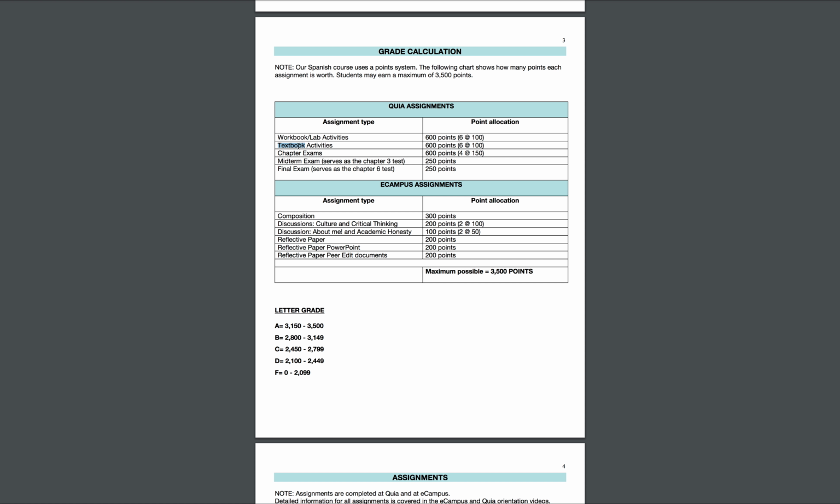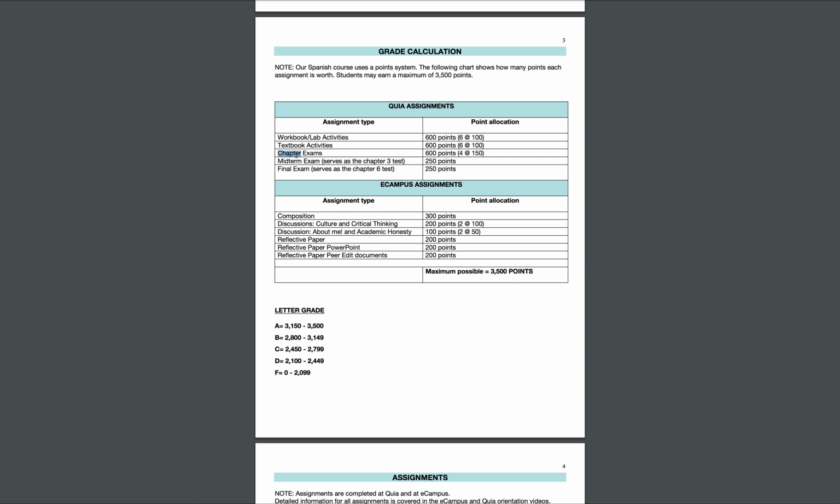So today you have textbook activities. Tomorrow you have textbook activities. Until the chapter is over, usually 3 to 4 days, you have textbook activities for, let's say, chapter 1. You have Tuesday, Wednesday, Thursday, and Friday. And then Saturday, you have your workbook, and Sunday, you have your test. And that repeats itself 6 times because we have 6 chapters to cover.